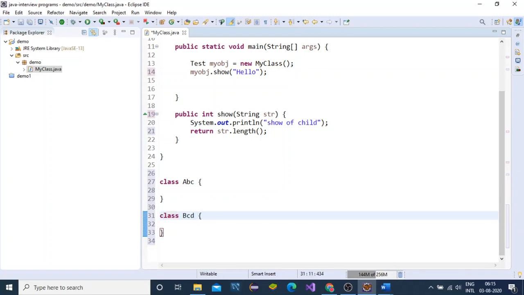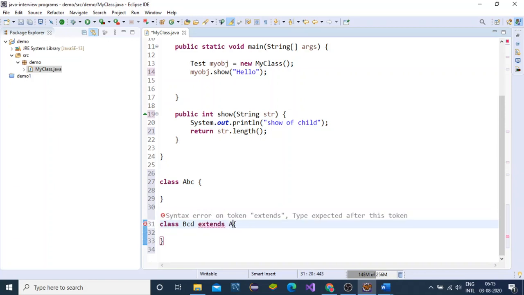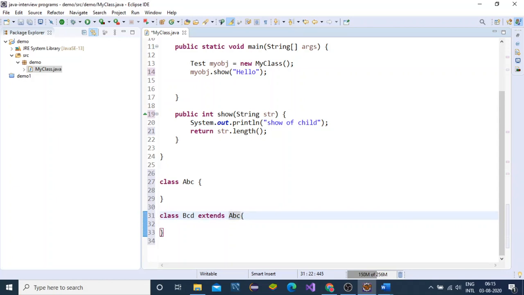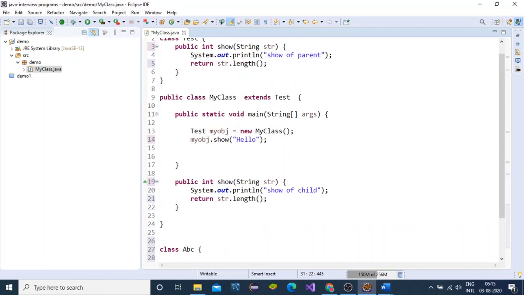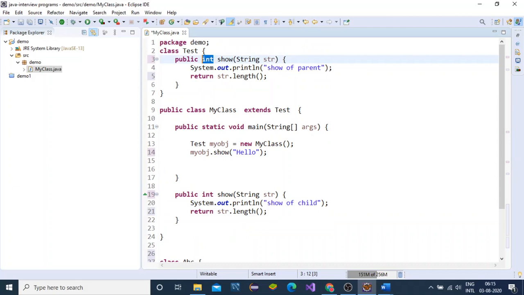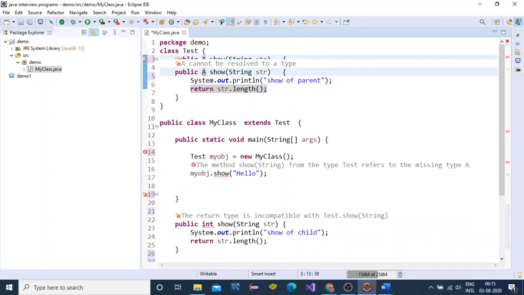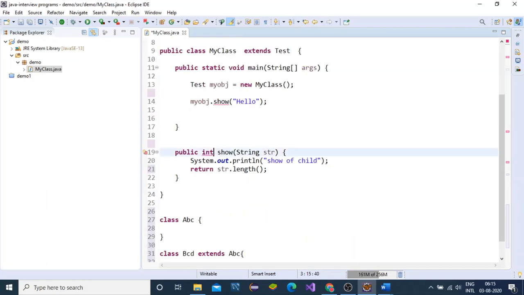I am extending ABC in this: extends ABC. Now we can write here ABC as the return type in the parent, and in the child the return type is the child type, that is BCD.